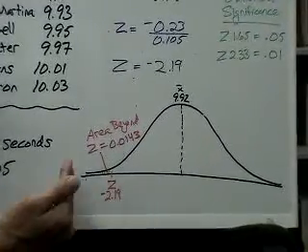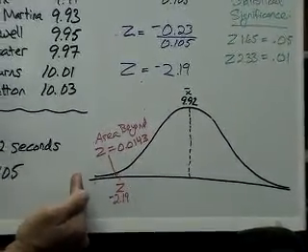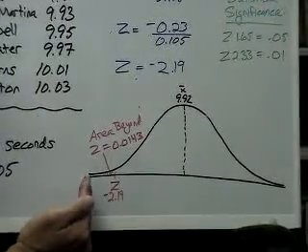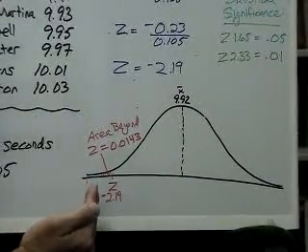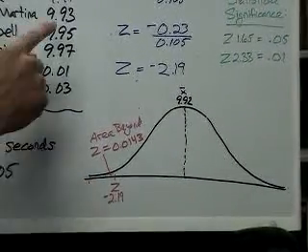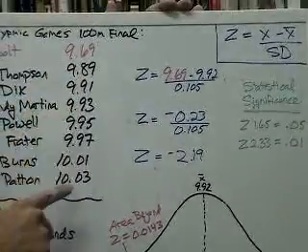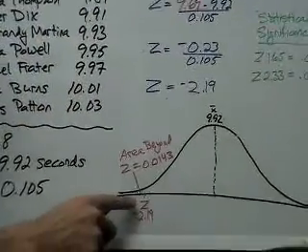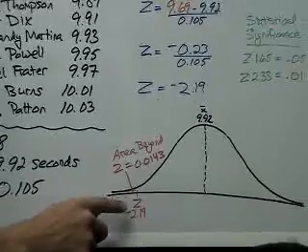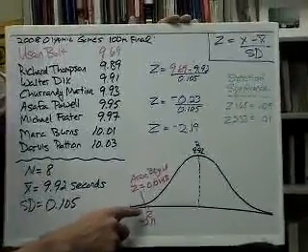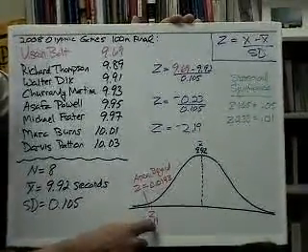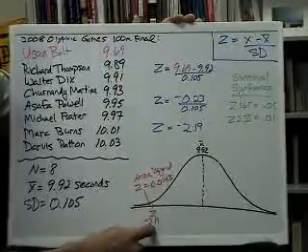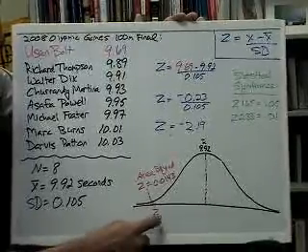It's way over on this left side of the bell curve, or the left tail. That shows that he's very unique in comparison to his 7 other peers in this final. We can call him unique, unusual, or significant. You have a z-score here of 2.19, and the area beyond Z is